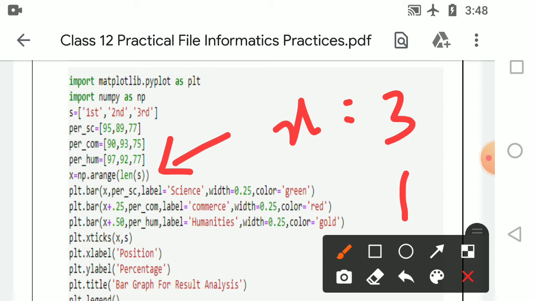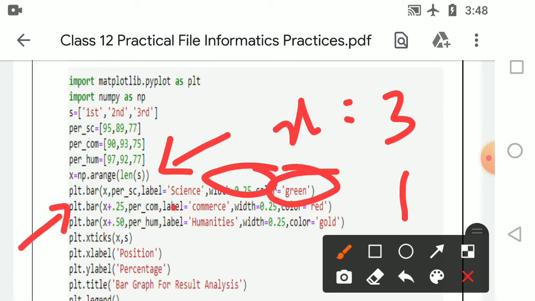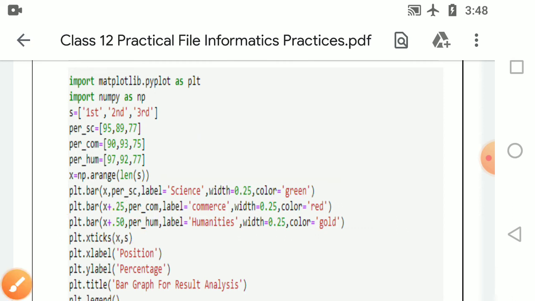So you will be showing it in that section, the first value and the percentage of science. Similarly, the width is given, green color is also given. Similarly, for the second one, that is x plus 0.25, you are giving the percentage of commerce. Again, for the third one, you are giving the percentage of humanities. So you are shifting the position one by one.